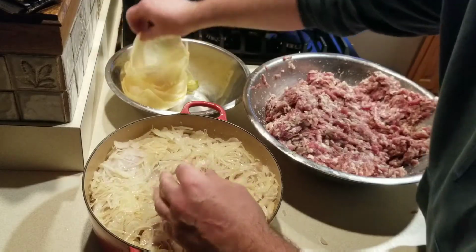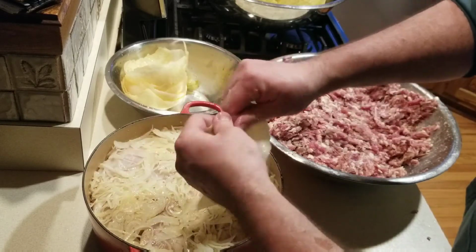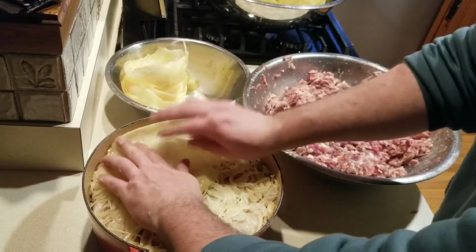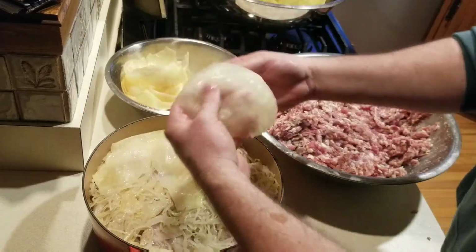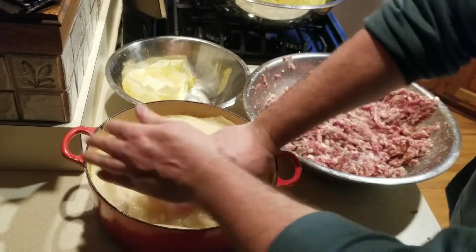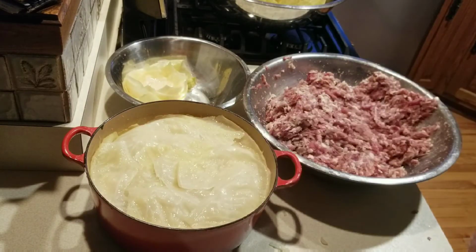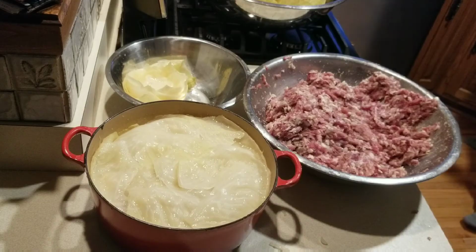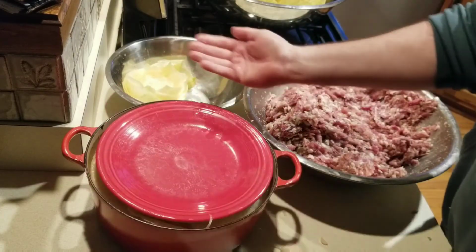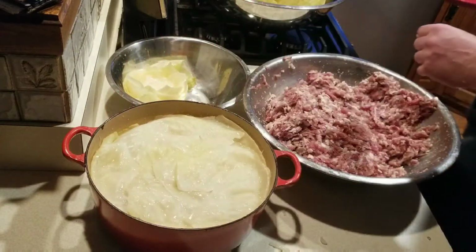And it's nice to take some of these extra leaves and just kind of tear them open. And there you go. Now, not done yet. I'm going to lay a plate right on top, and then pour some water in. Now, before we do that,